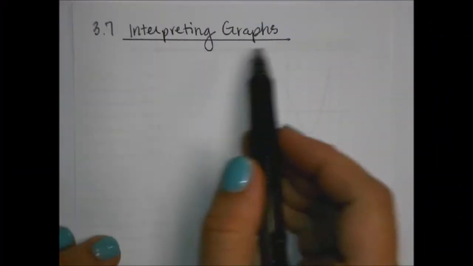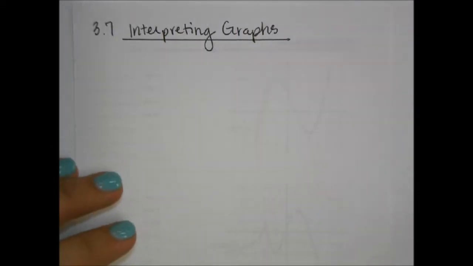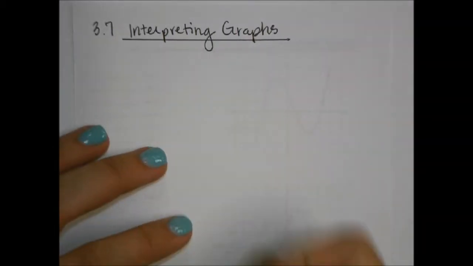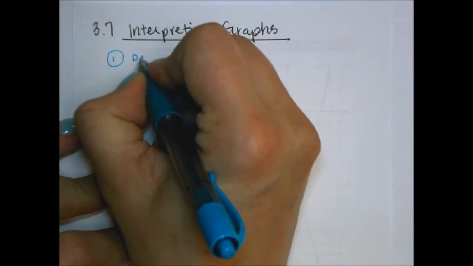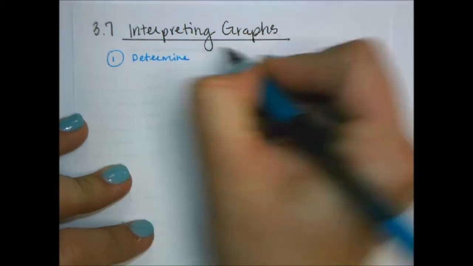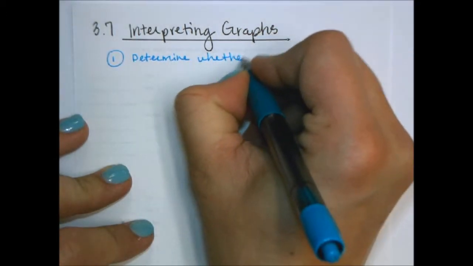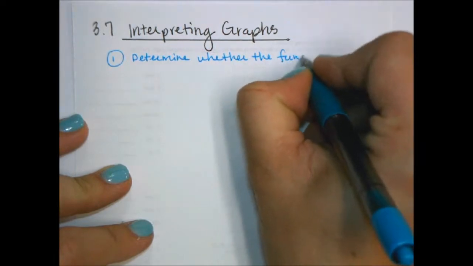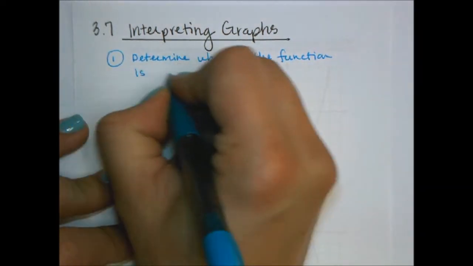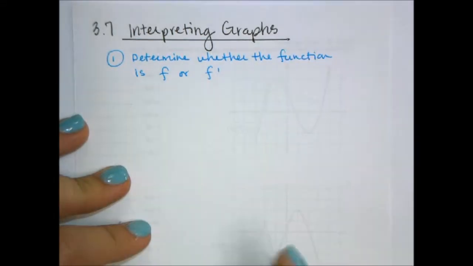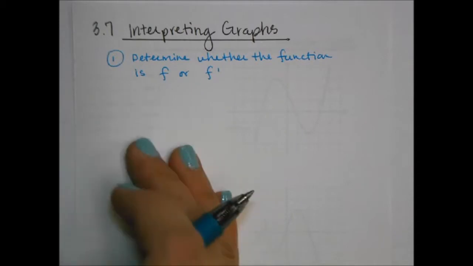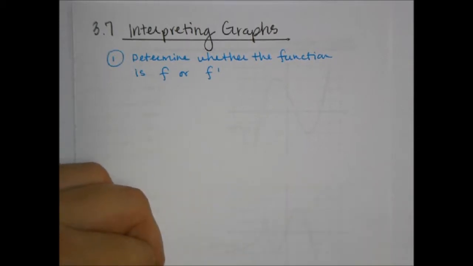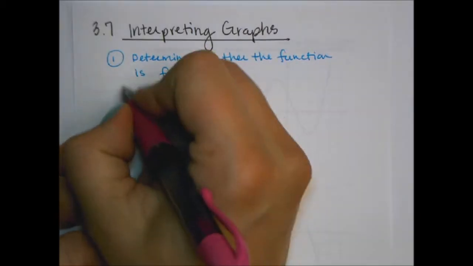3.7 is about interpreting graphs. The first thing you always want to do is determine what function your graph is giving you. So determine whether the function is f or f prime, since they're always labeled, and depending on which function it is, our interpretation will come a little differently to us. Okay, so if our graph is f prime,